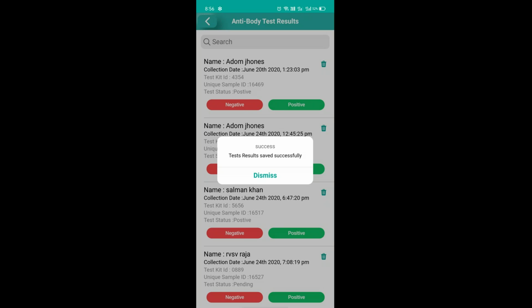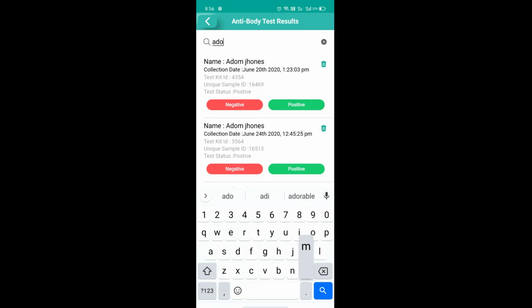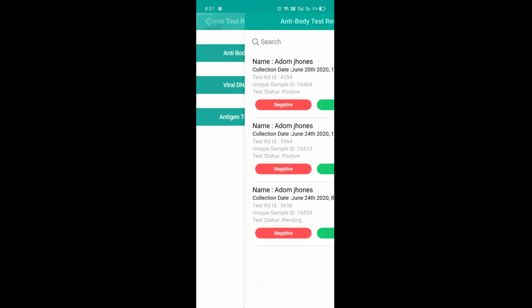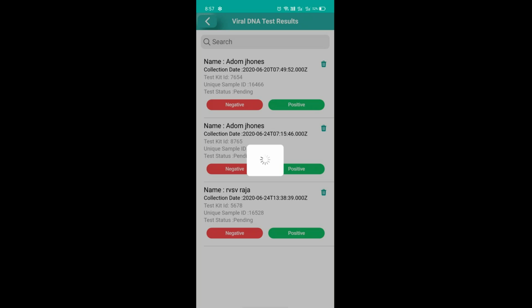I think the success should also be a little bit more obvious as to test results were saved successfully for which user, and these are some minor adjustments that we can make in a subsequent release of the application. Because if I fat finger a wrong user, then I need to know who I fat fingered or what happened, because it's really important that my results are accurately noted. So we are open for feedback like that in the application.